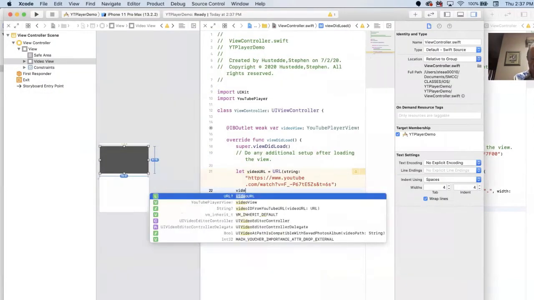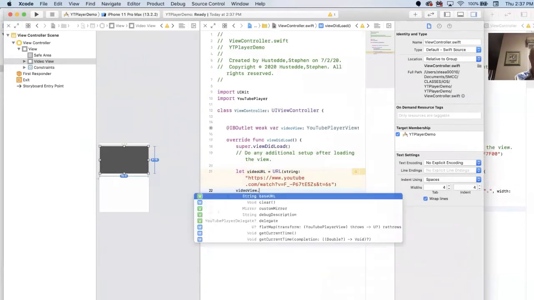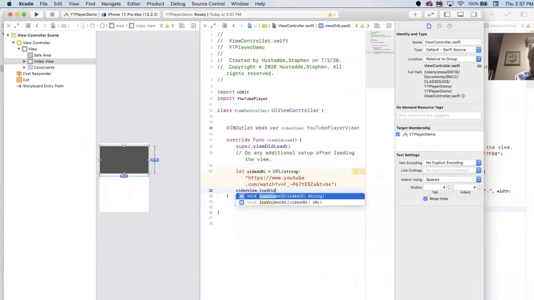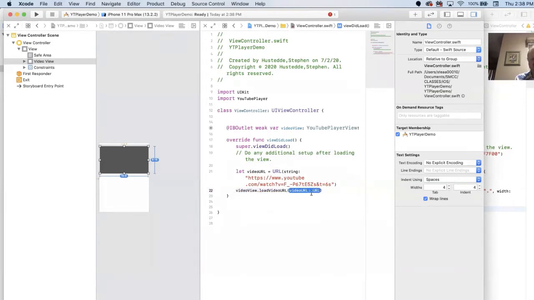And then we're going to say videoView dot, and there's a method called loadVideo. Now there are two of them here, loadVideoURL and loadVideoID. The URL is the full URL. The ID is just the part that comes, in this case, after the equal sign. Either one will work. I want the video URL in this case, and the video URL that I want to put in here is,